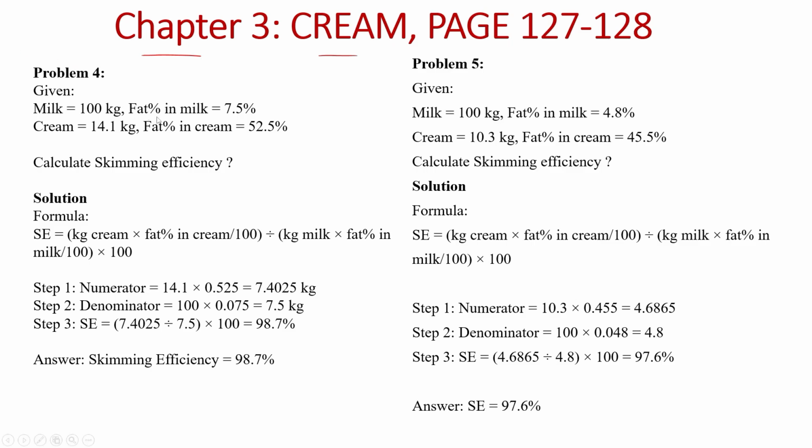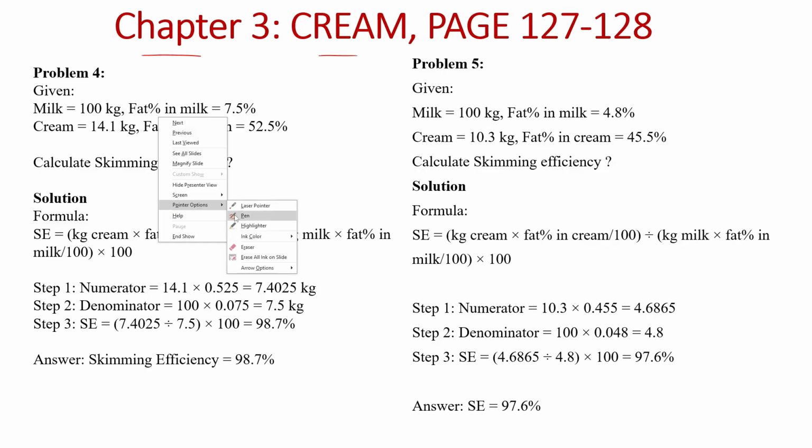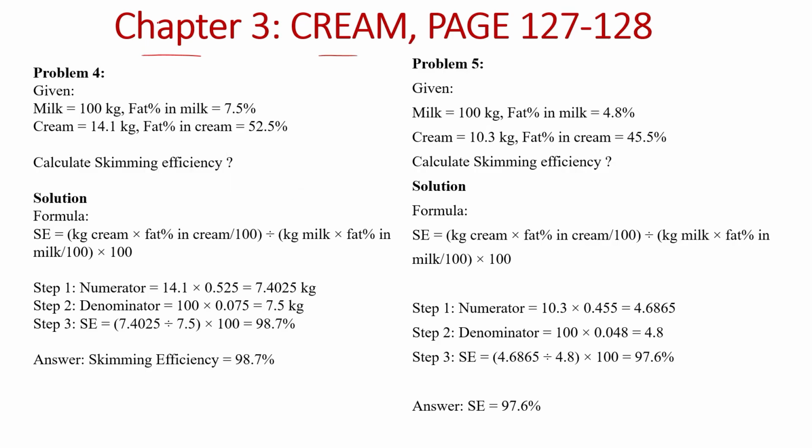So first you see how much fat has been recovered in cream. In this problem 4, the milk and its fat percentage are given, and then the total cream that has been obtained and the fat percentage in cream are given. So you first calculate the fat content in cream, that is 52.5 divided by 100 into 14.1, that is coming 7.4025